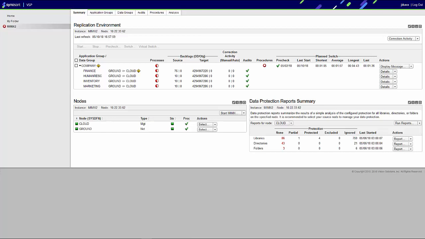Now we'll look at the summary dashboard when a switch is in progress so that we can talk about the new job queue replication features in MIMIX 9. You can see the red icons indicating MIMIX processes are stopped and yellow exclamation points indicating that MIMIX is waiting for something. Job queue replication is another great new feature of MIMIX 9 with the ability to replicate the contents